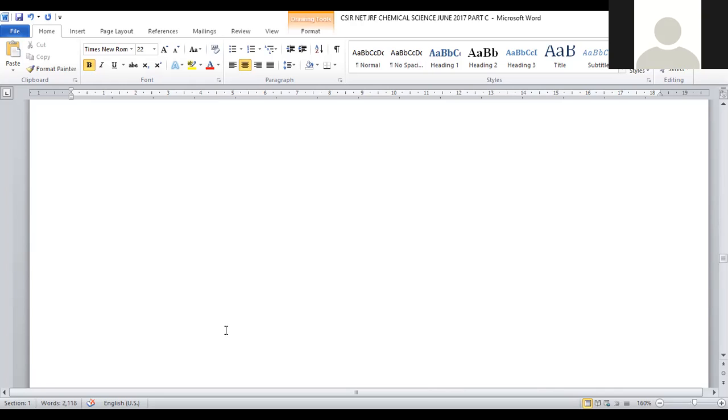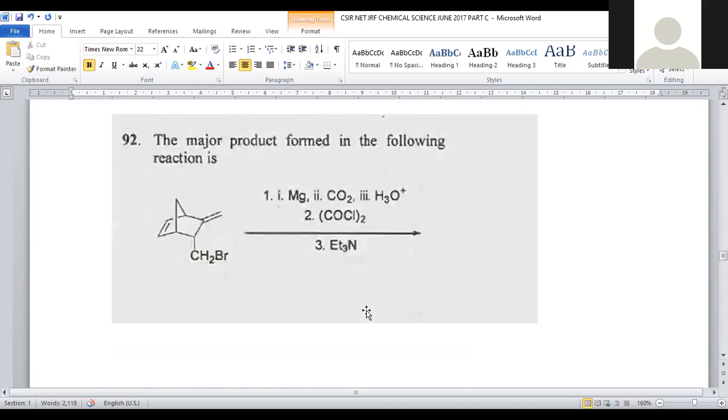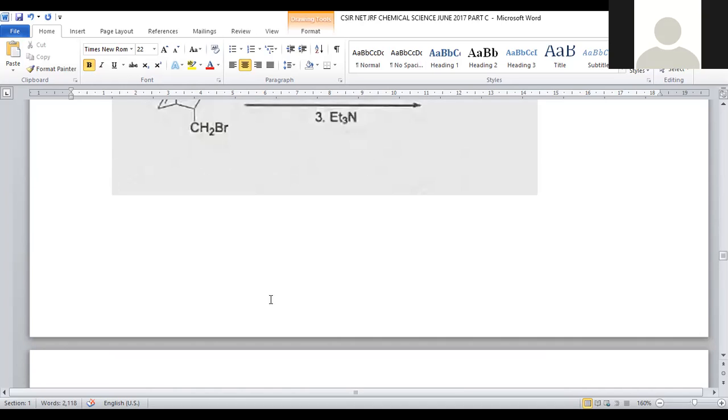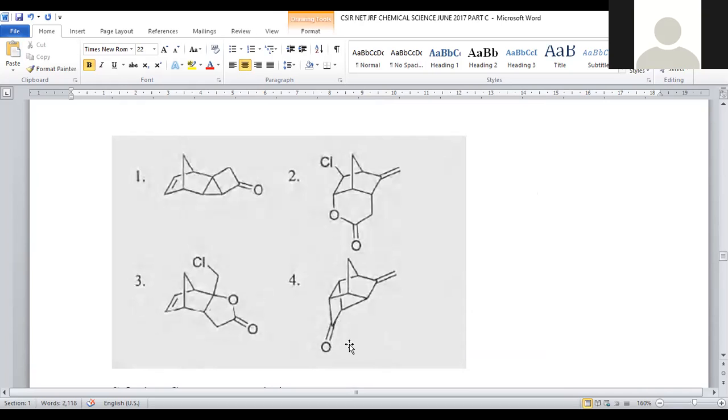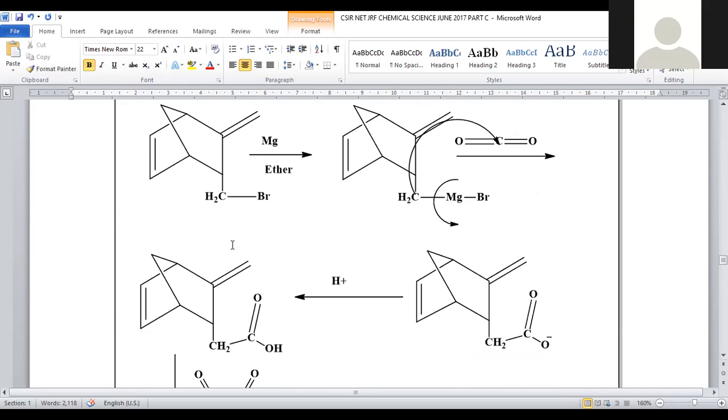Let us see in which option this is satisfied. In option number 4, we got the expected product. So that's the reason why for question number 92, option number 4 will be the right answer. Yes, let us move on to the next question,